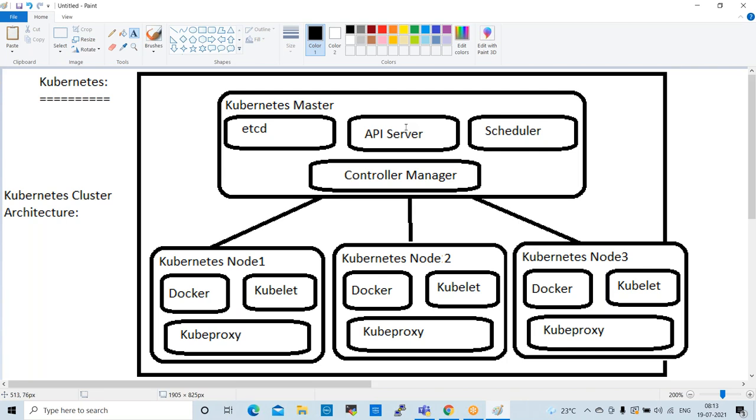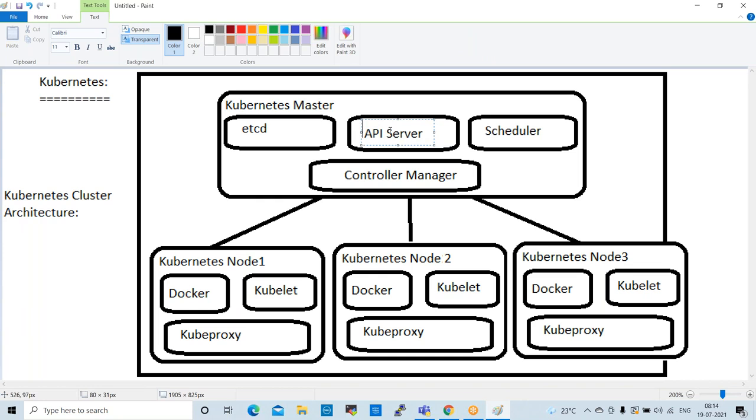Normally when we submit the script, we use a YAML script. In Kubernetes we use YAML script. YAML means we can call it a manifest file. So for example, if you want to deploy any application, we prepare some manifest file. When we submit that manifest file to the cluster, first it will hit the API server. The manifest file, whatever script we prepare for the deployment, will hit the API server first.